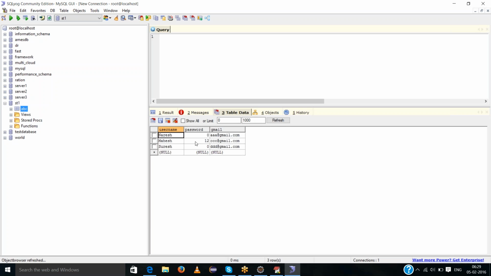Here, what is the data? The data is Naresh, Mahesh, Suresh, 0120, and Gmail addresses like EEE at gmail.com, CCC at gmail.com, DDD at gmail.com. These are the data.